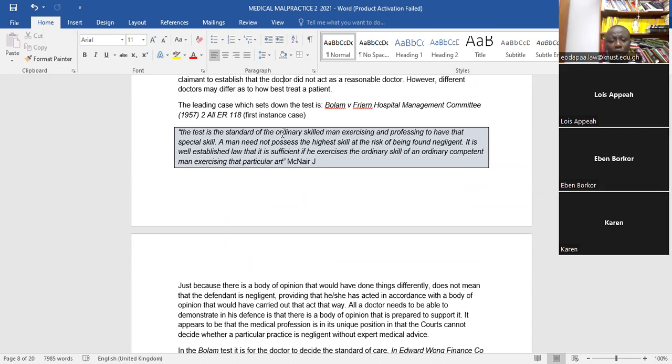However, as you read on, the judge makes the point that the doctor or the healthcare professional should not be held liable for having breached a duty of care if he or she conducted himself in a manner which a responsible body of medical opinion would have endorsed. In other words, if what he did, we had a reasonable body of doctors who have done it in the same way, then the particular doctor cannot be held liable for a breach of duty of care. It did not matter that there were some other